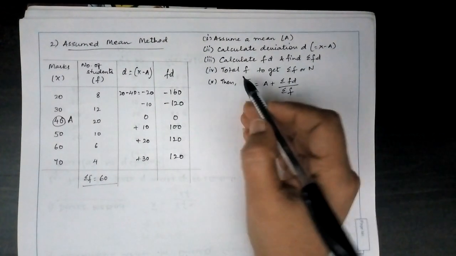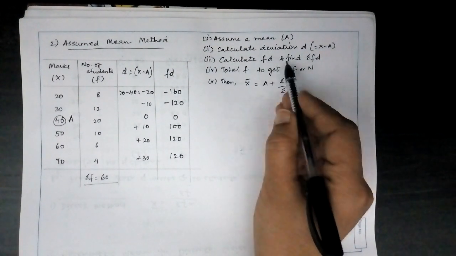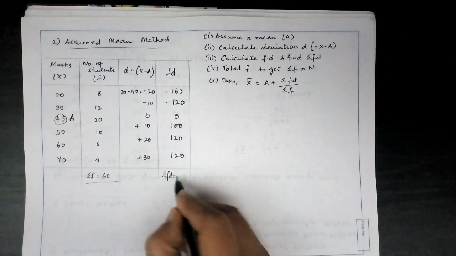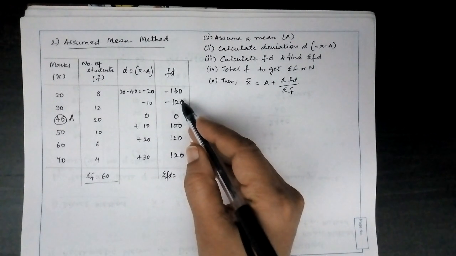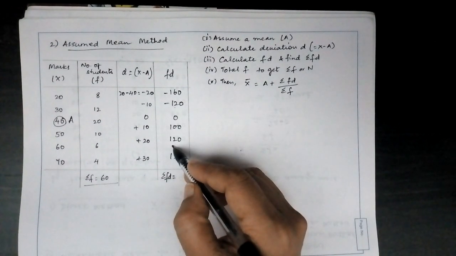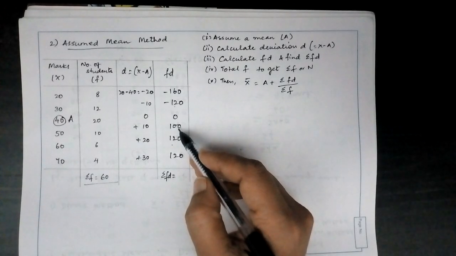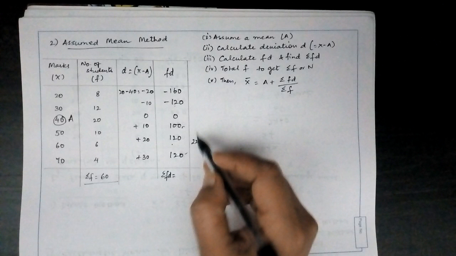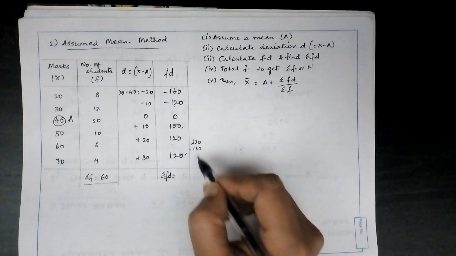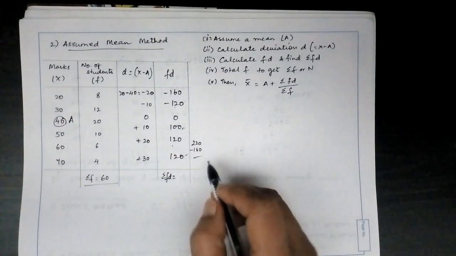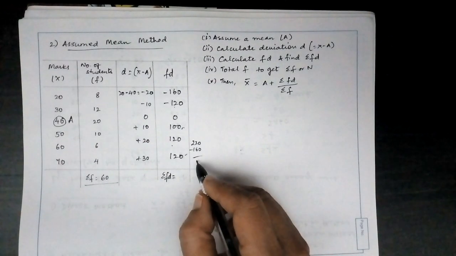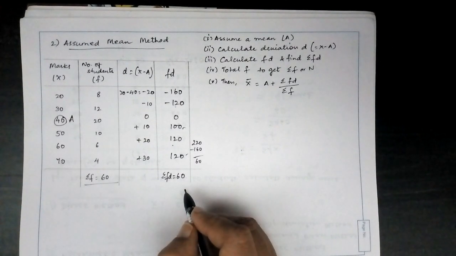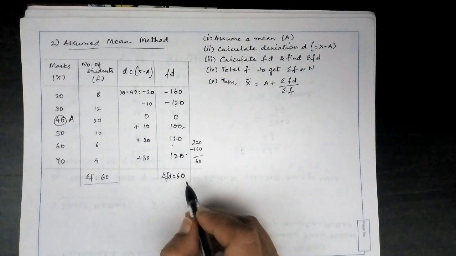Now the requirement is to calculate FD and find sigma FD. What is sigma FD? From here we already know minus 120 plus 120 goes, and we are left with 100, and this 120 gives us 220 minus 160. So this becomes very simple, isn't it? That would be equal to just 60. So sigma FD will be equal to 60. That's all. Hasn't it simplified our work?